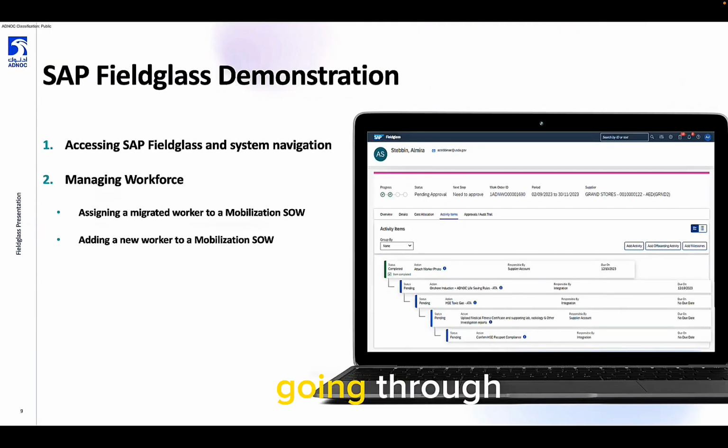We will now be going through the Fieldglass demonstration. This will take you through accessing the SAP Fieldglass system, navigating through the various pages, and showing you some useful tips for navigation. We will also be showing you how to manage your workforce, that is tracked and recorded within the application. We'll go through the mobilization phase, adding workers to the system, following onboarding activities, and steps that need